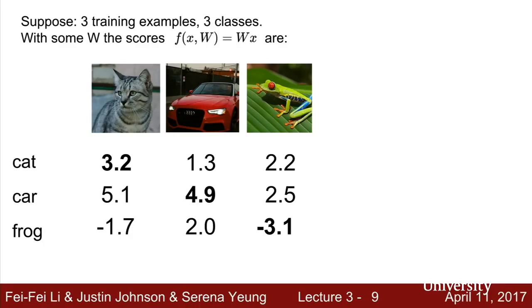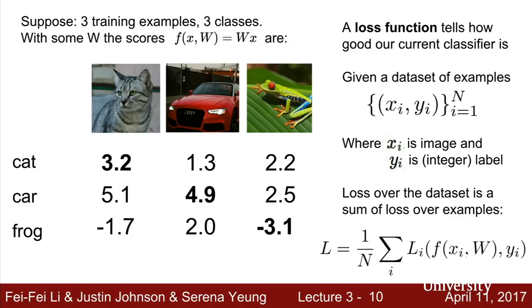Again, in this example, the cat is maybe not so correctly classified. The car is correctly classified. And the frog, this setting of W got this frog image totally wrong, because the frog score is much lower than the others. So to formalize this a little bit, usually when we talk about a loss function, we imagine